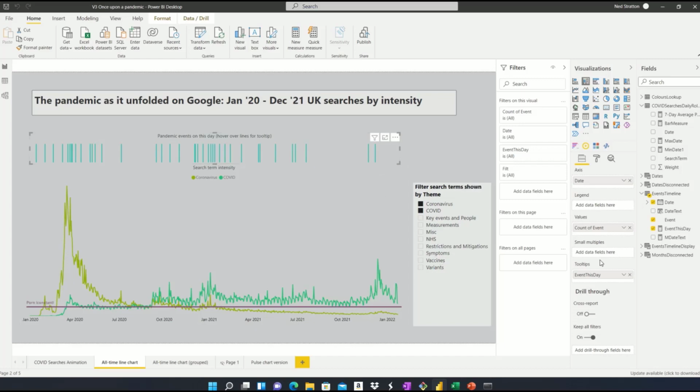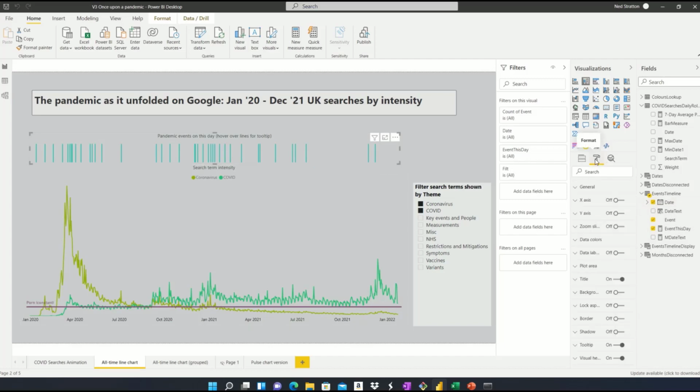The date is being taken from the events timeline, which is good. So that's purely... Is that true? The date's not being taken. The dates are being taken from the events timeline, but the axis is being set as a minimum and a maximum